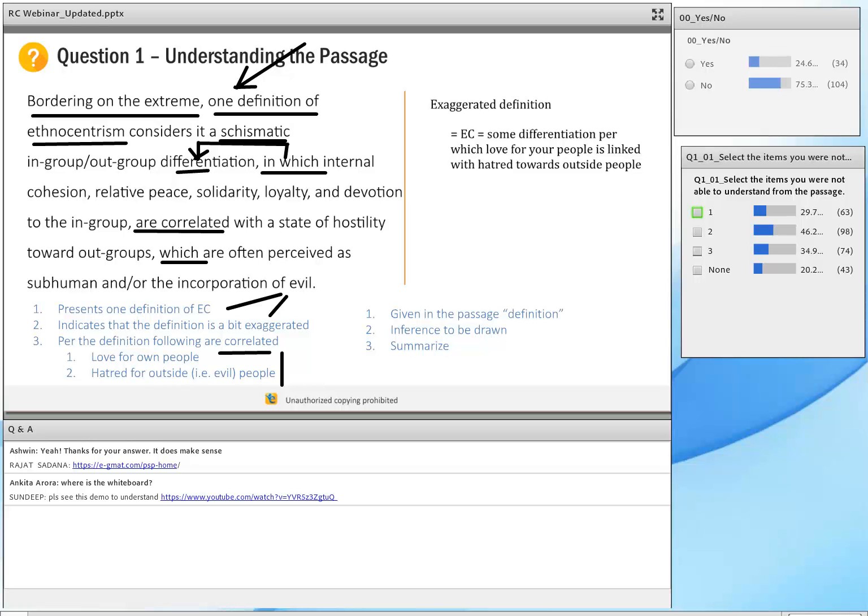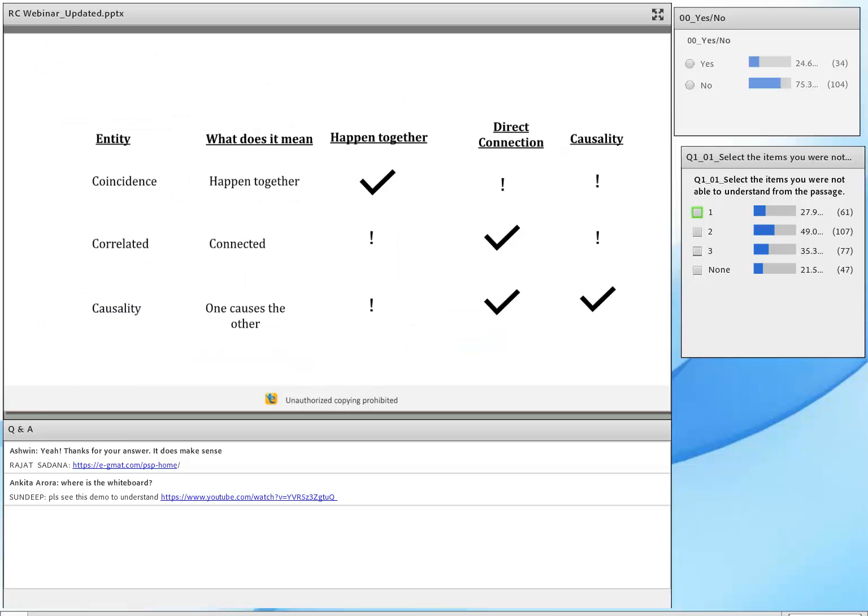And you can really see a lot of people weren't able to infer what "bordering on one extreme" meant. A lot of people weren't able to infer that it's just one definition of EC and not the definition of EC. And the correlation part is also what a significant number of you weren't able to infer. And again, this is where data is beautiful. Why? Because it tells you where you need to work on. A two-line passage, or I'd say one long line passage or two actual lines, and still there were things that you missed out on. Now, you guys are asking what are the three words?